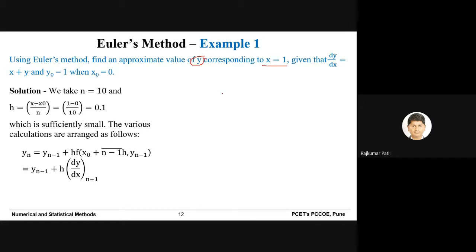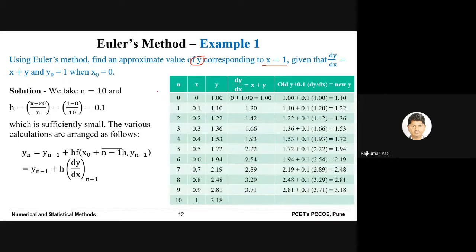So we will use these values, and slowly we will reach the value of y for a given value of x. So instead of doing the calculation or iterations every time, you can prepare a table. So how to prepare this particular table? In column number 1, you need to put the values of n. So n is equal to 10, starting from 0, 1, 2, 3, 4 up to 10.